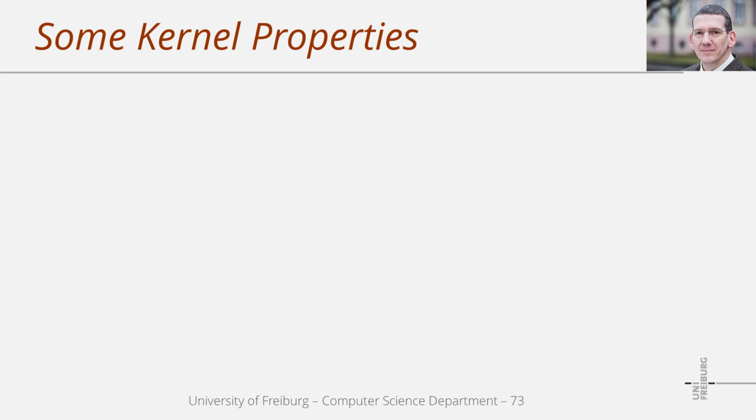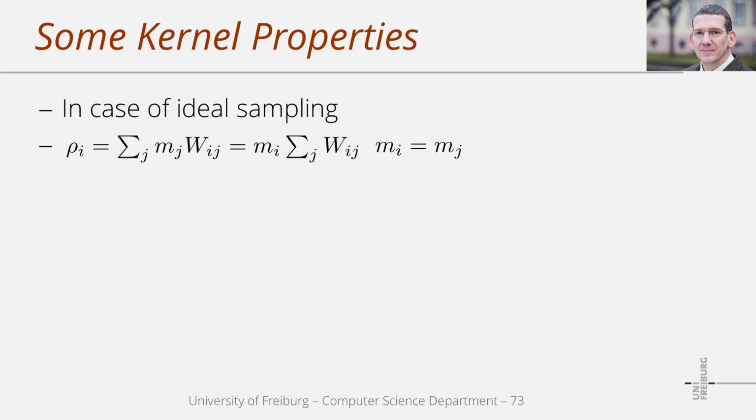Now in the following, I'd like to discuss some properties of the kernel and of the kernel gradient, and I also try to improve the intuition of the usage of these functions in SPH approximations. Here we start with some properties. If the particle distribution is perfect, then the density of particle i is equal to the sum of the masses